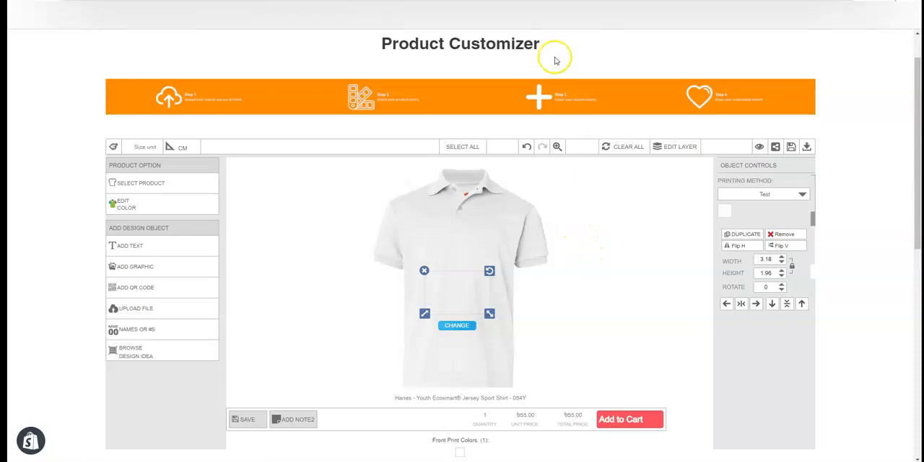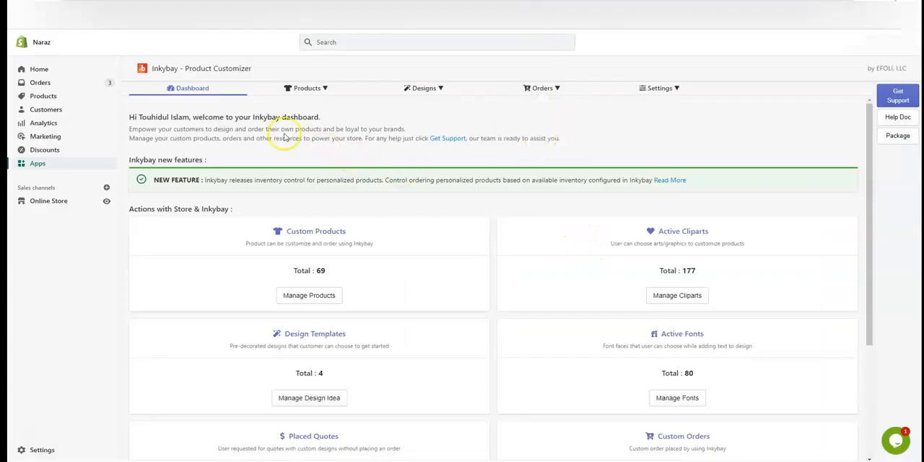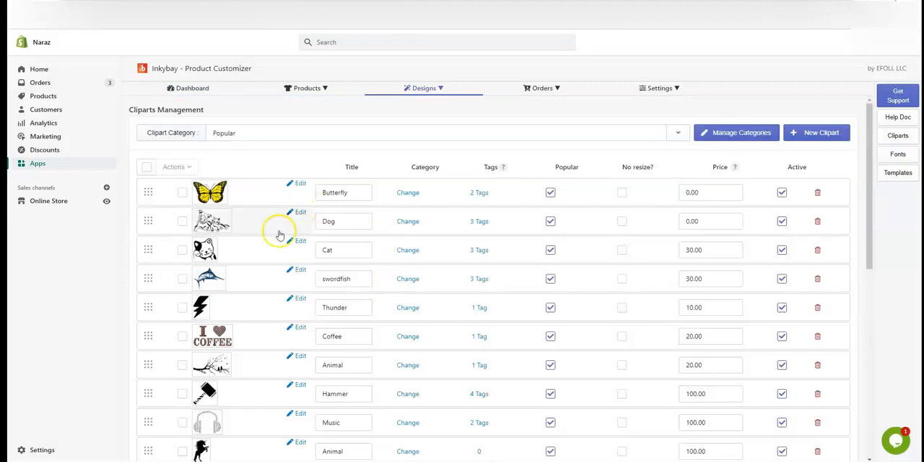So if we want to change the initial color of our graphics, for that we need to go to our InkyBay admin panel. So from the InkyBay admin panel, we need to hover our mouse on design and then click on manage clippers. So here we can see all the graphics, and here if we click on edit,